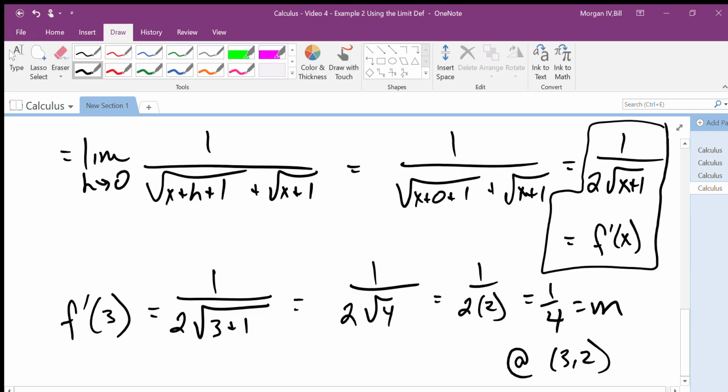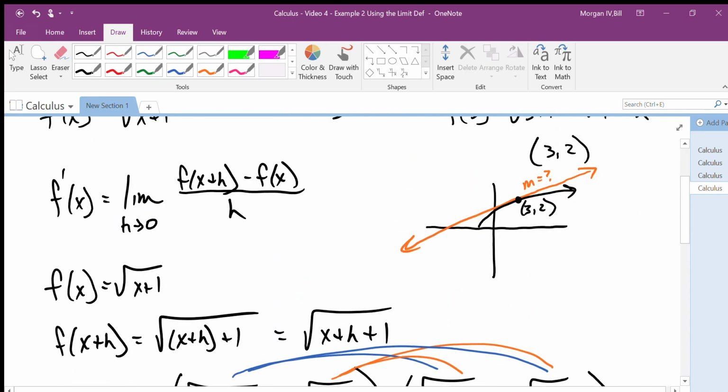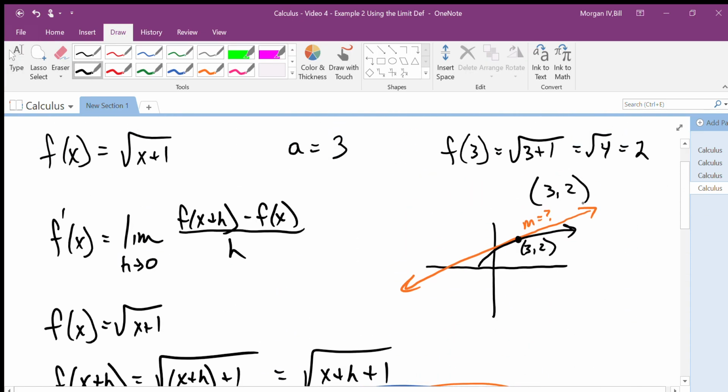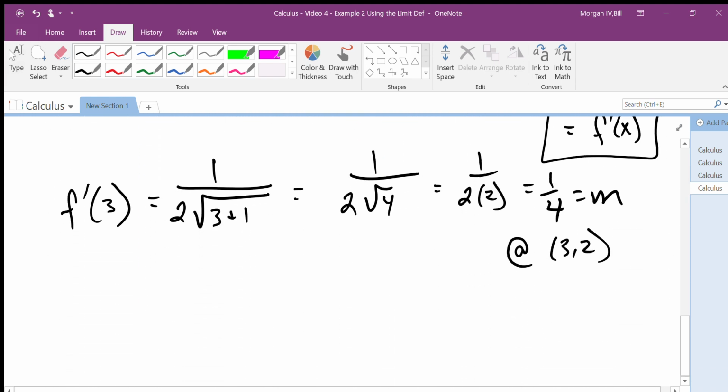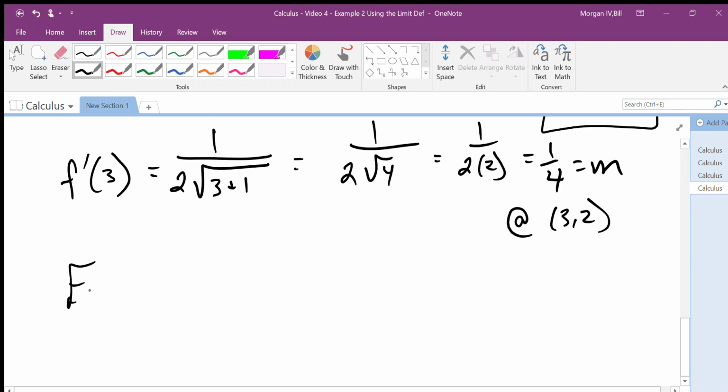Let's see if that makes sense in the drawing. Yeah, it's not the best drawing in the world, but I'd buy that you go up 1 over 4 with my rudimentary drawing. Okay, now finally, what is the equation of the tangent line? The equation of the tangent line